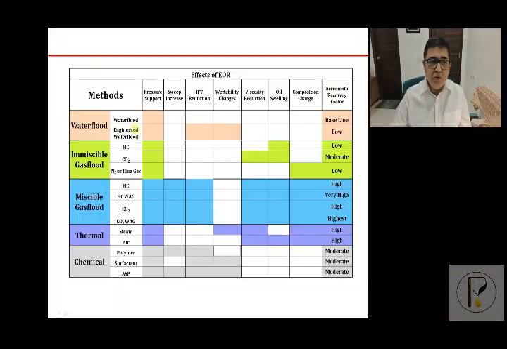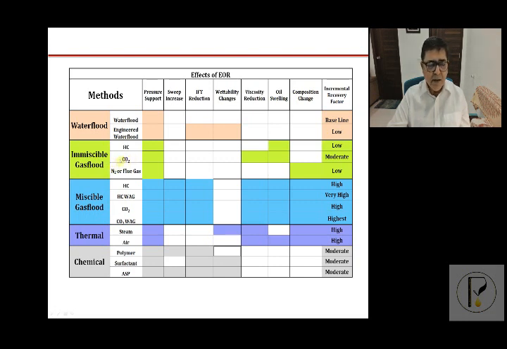Now I'd like to show you, in a nutshell, what these EOR processes actually do. So there we are. In fact, this is what I want to show you. The water flood is the baseline. Everything needs to be compared with water flood. The engineered water flood, we call it the smart water flood or the low sal water flood, which are very specific in nature. Sometimes in very high salinity reservoirs, they are one of the good options, but the